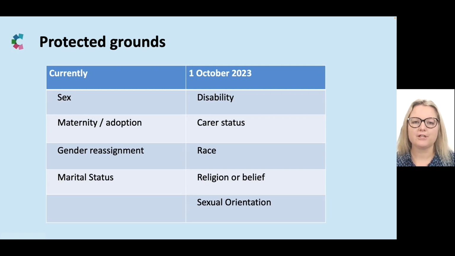There are also future phases of the legislation planned, but detailed proposals on those haven't yet been published. In particular, there's a proposal to add age into the new discrimination ordinance at a later date, and also to bring the existing grounds on the left-hand side of the slide within the scope of the new ordinance so that protection on all grounds is aligned. In the meantime, however, we'll continue to have the two pieces of discrimination legislation, the sex discrimination ordinance and the new prevention of discrimination ordinance.